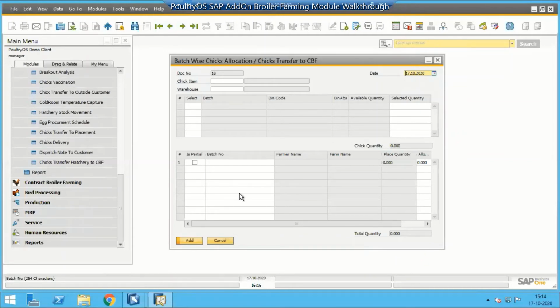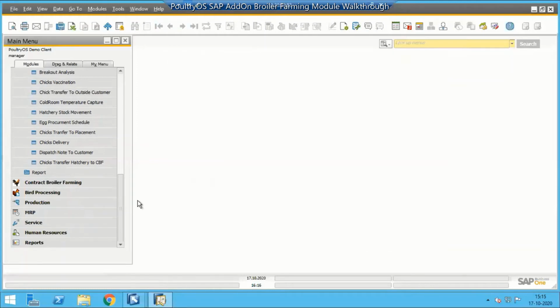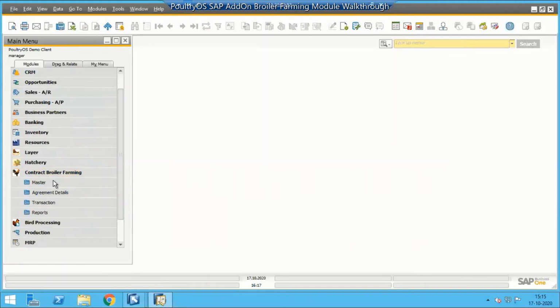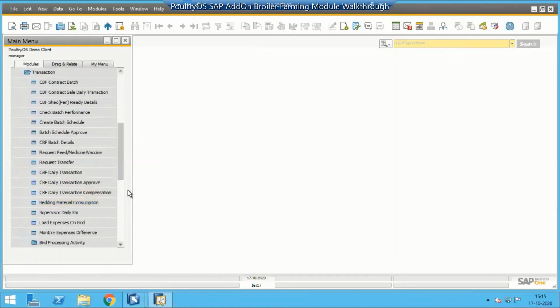If we don't have a hatchery, then it will reflect in the procurement cycle. Here, whatever quantity of chicks is available, you can assign to that batch. So these are integrated. Once you assign the stock to the particular batch, the vehicle goes to their premises and they load it onto the vehicle. That transition is available here.